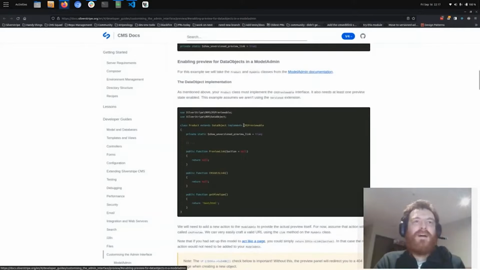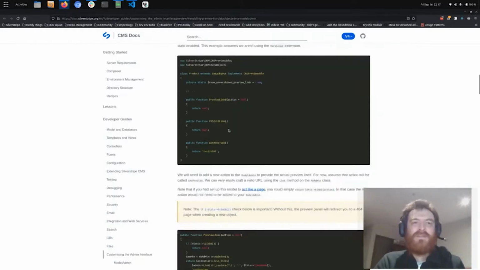The most important parts are that your data object must implement CMS previewable. You also need to have one of these. If you don't use the versioned extension, then it's this show unversioned preview link. And if it is versioned, then there's a draft and a live equivalent for that. And the next important thing is to have a preview link method. That's part of the CMS previewable interface, and that will tell the preview panel exactly what content it should be